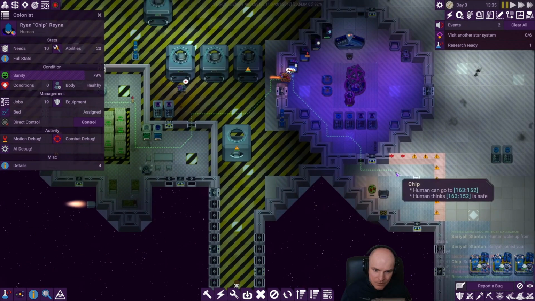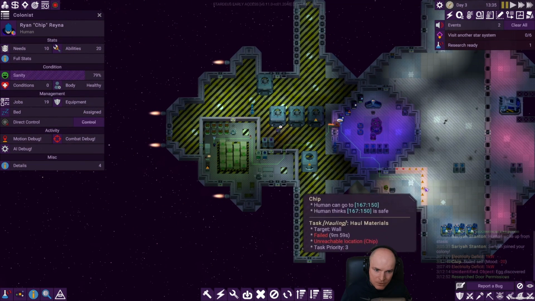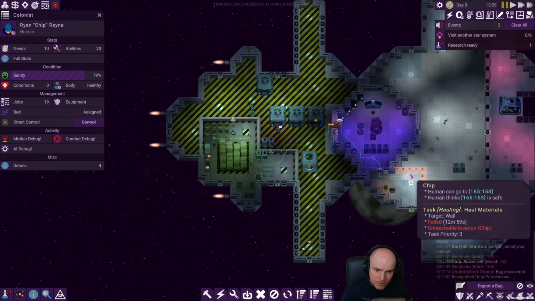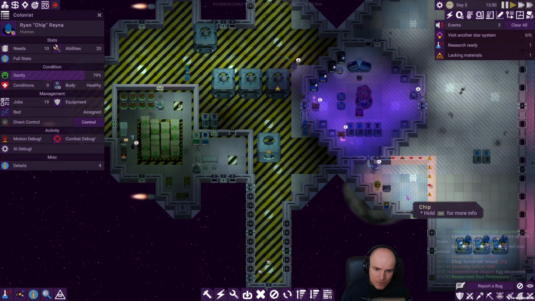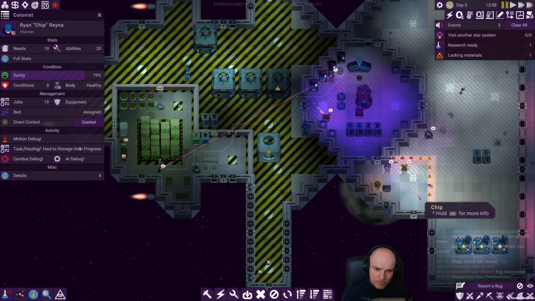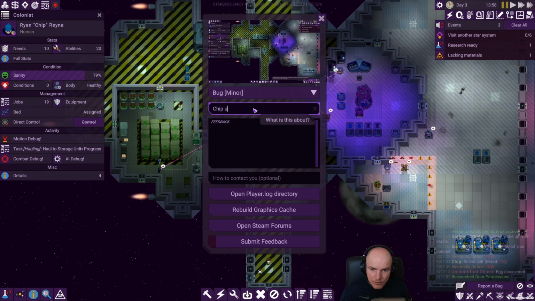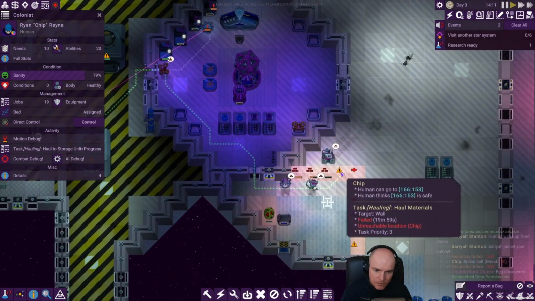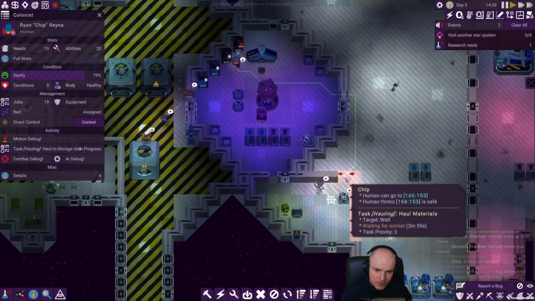Where's Chip? Why can't he reach this? Or couldn't he reach a storage? Unreachable. But he can go here. I wonder why. Let me report this bug. Chip unreachable location. So Chip has a spacesuit. That's why he tried to help. I don't know why he tried that and why he failed, but